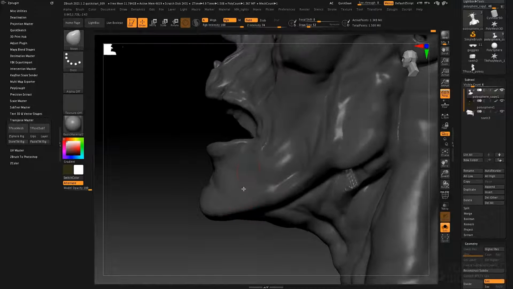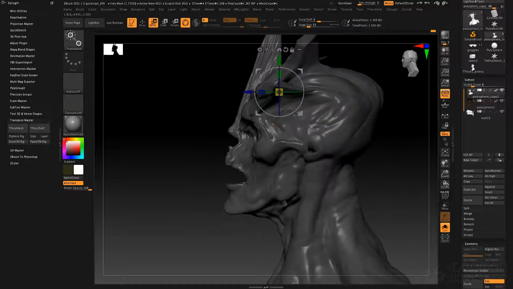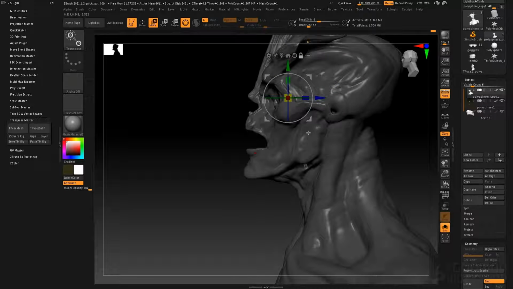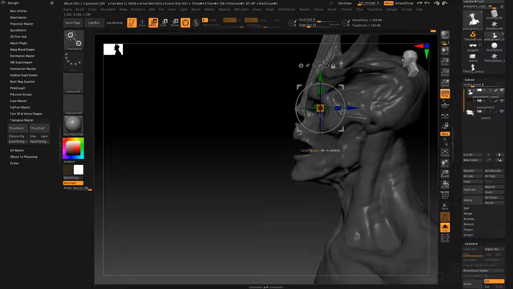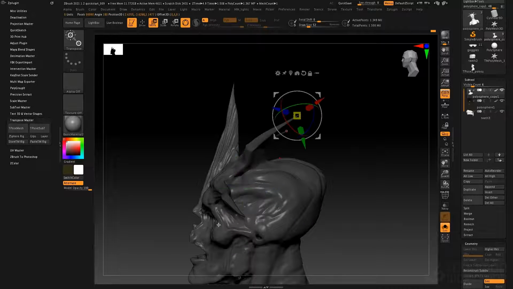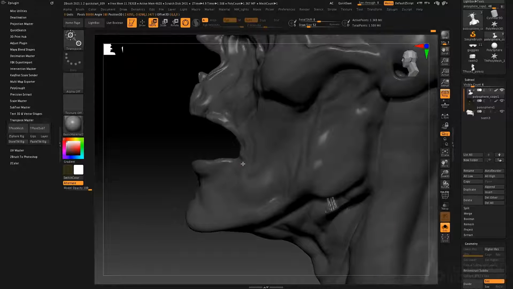And I can be really aggressive with this if I just take the transpose gizmo. You see it's up here. By the way, if your transpose gizmo is somewhere where you can't find it, somewhere off screen perhaps, like maybe at some point I had my transpose gizmo up here, and so I'm zoomed in and trying to work and I can't see it, just Alt click on the model and it'll snap the transpose gizmo to wherever you are. I'll turn off my X symmetry and go to Unmasked Mesh Center, unlock the gizmo, reset it, lock it,